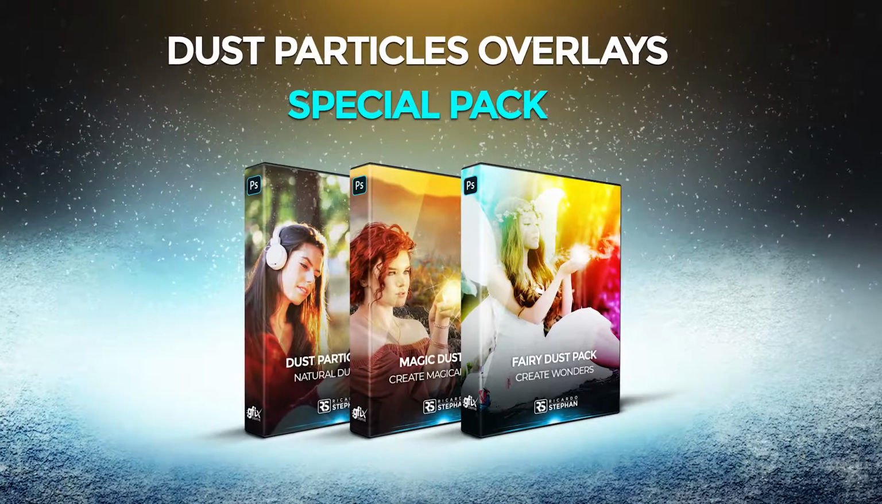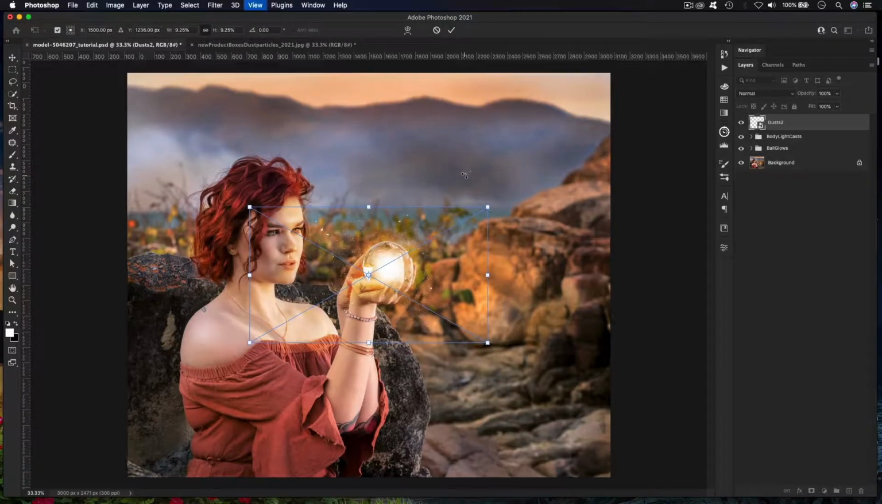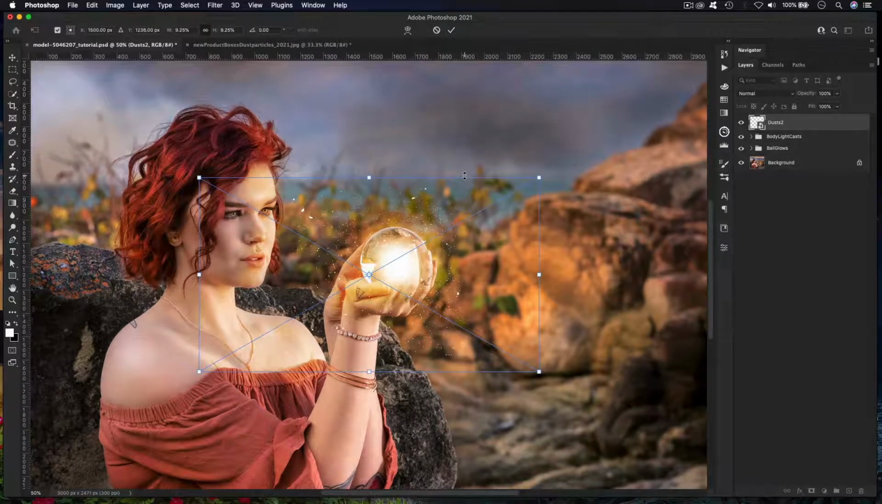Okay, here is the particles. We'll just resize this. Command T. Make it look like this, and then what I'm gonna do, I will